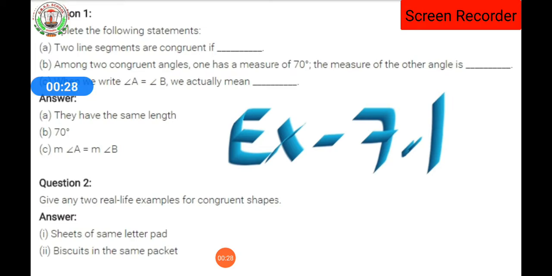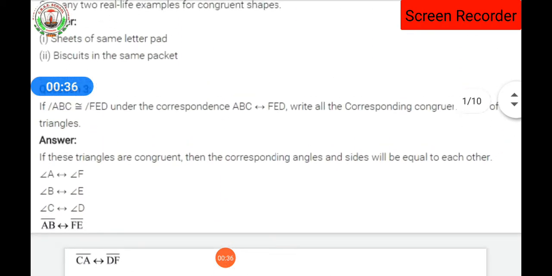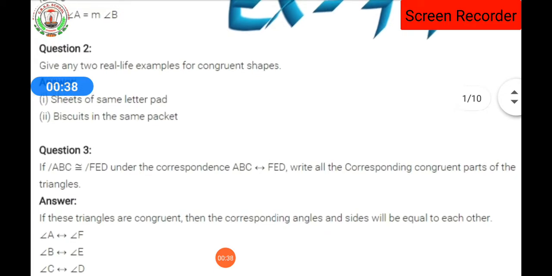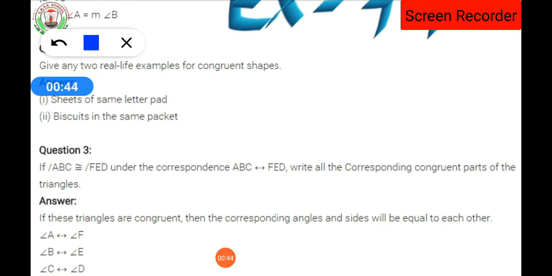Clear? Now, in chapter number 7, first we are going to see about the properties. Before starting the exercise, directly we are going to see its properties. So, first, what are the properties of congruence? As you know, in the previous video before the pre-midterm exam, I had already explained how two lines are congruent. The word congruence means